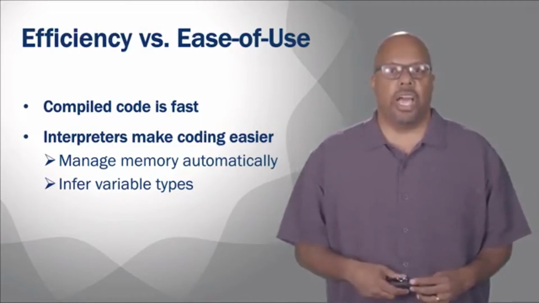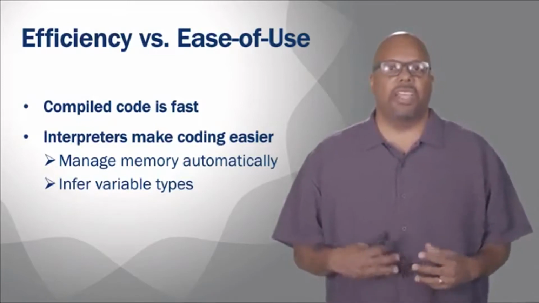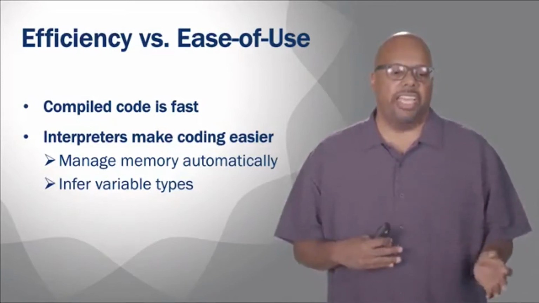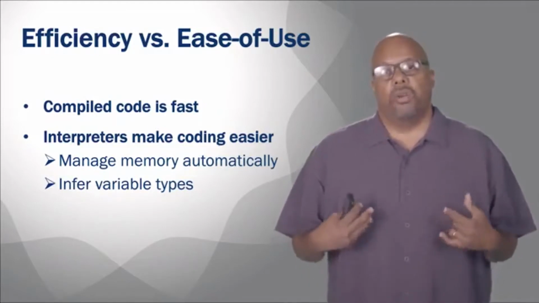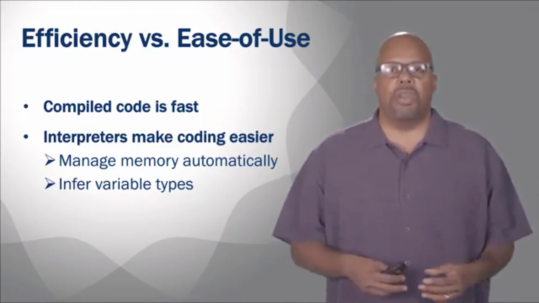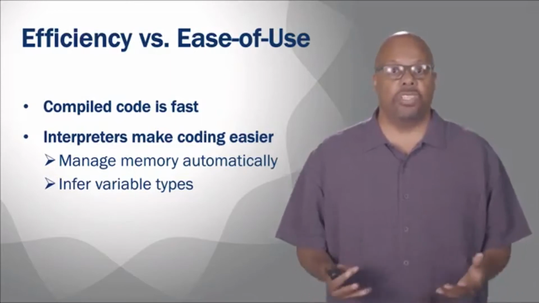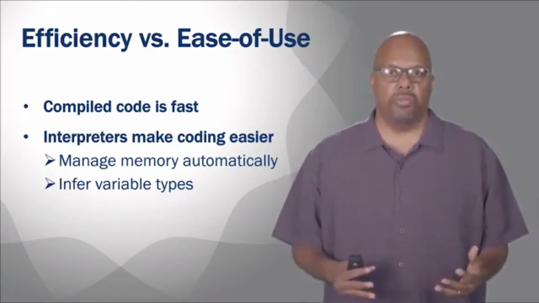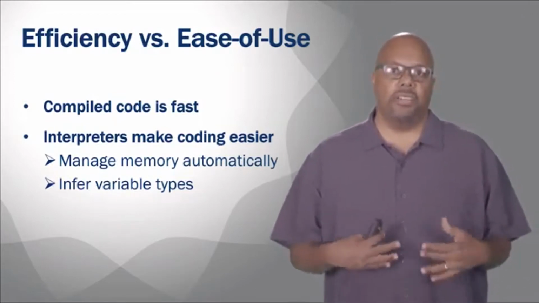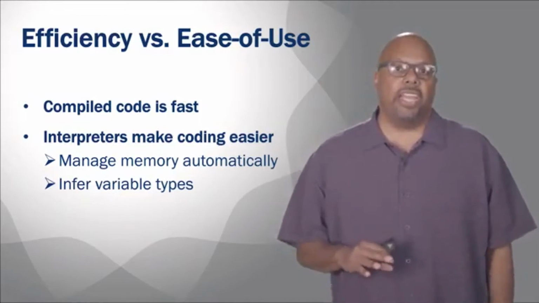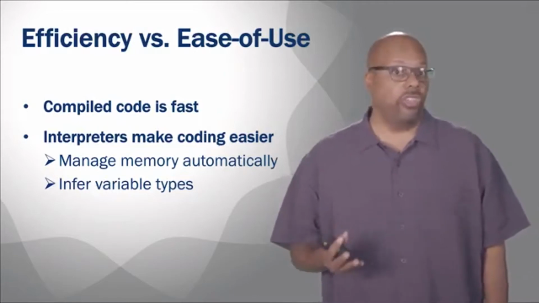Another thing that interpreters often have is memory management. In fact, almost always they have this. They can manage their memory, and by that I mean getting rid of variables and other pieces of data when you're not using them. When you use a variable, that variable has to go into memory somewhere. And if you keep making variables and using up memory space, you will eventually run out of memory. Things will slow down. So you have to manage your memory. That is, when you're done using an object, you want to get rid of it, deallocate it from memory. And that happens automatically in an interpreted language. So the interpreter handles that. So that's a good thing about interpreters.